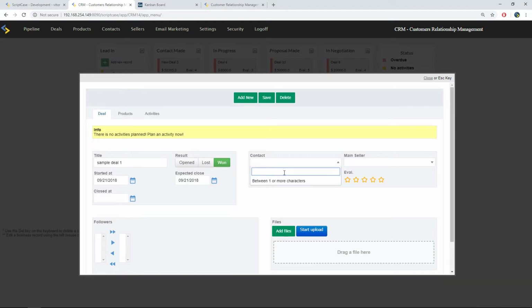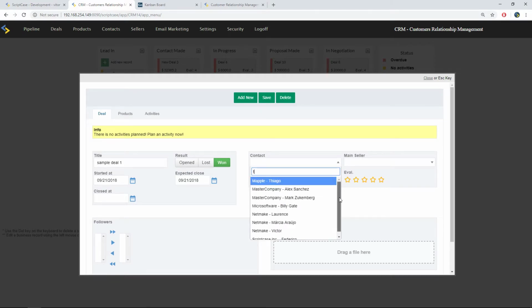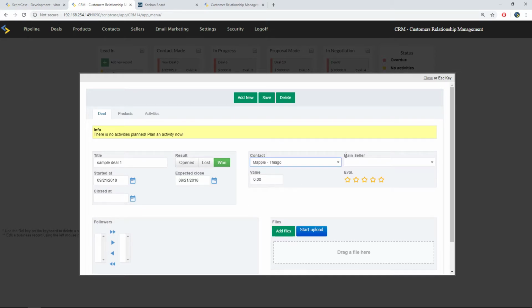Then we have here the contact option. For example, you can search a contact. Okay, here we have all the contacts that we have in our system. You can search here by company or by username. Okay, by the name of the client, for example. I'll choose this one, and here we have the seller of this opportunity. We can here choose a seller. All right, and the value if we need to,